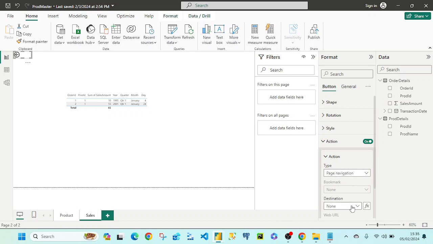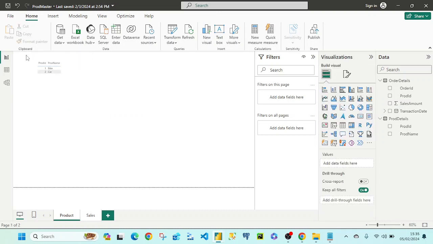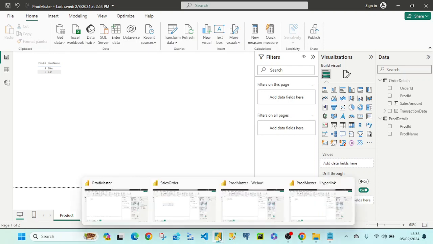We can do a page navigation and the destination will be product. So now just click on control and then click on my mouse, it will take me to the parent report. So this is the first option. Now the second option,